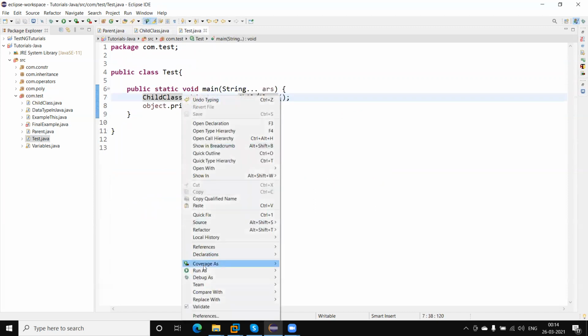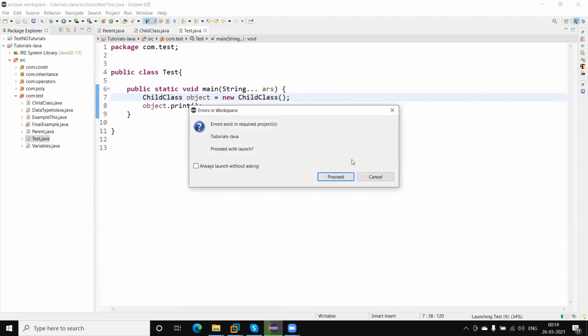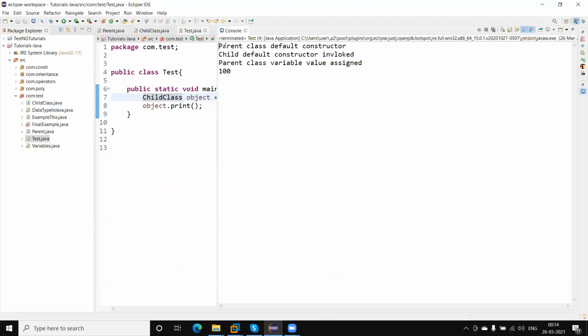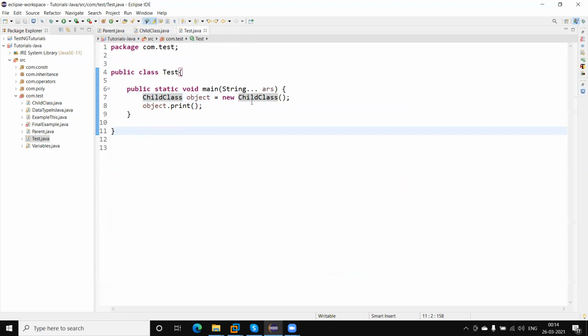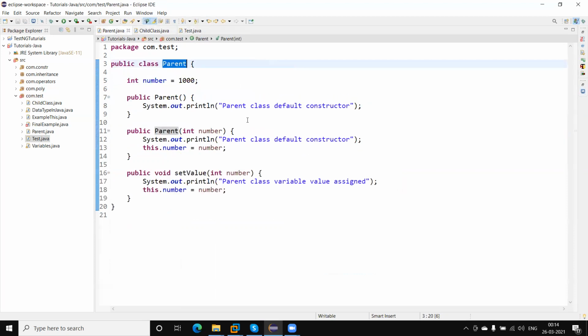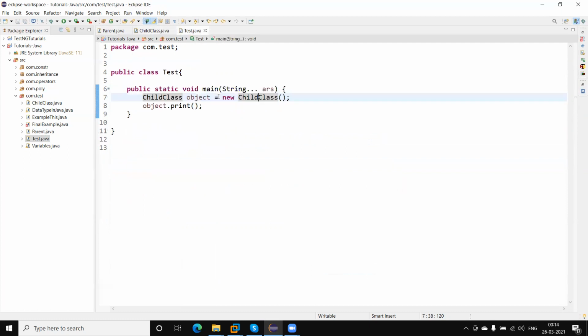Let me update the parent class default constructor. Now let me run again.